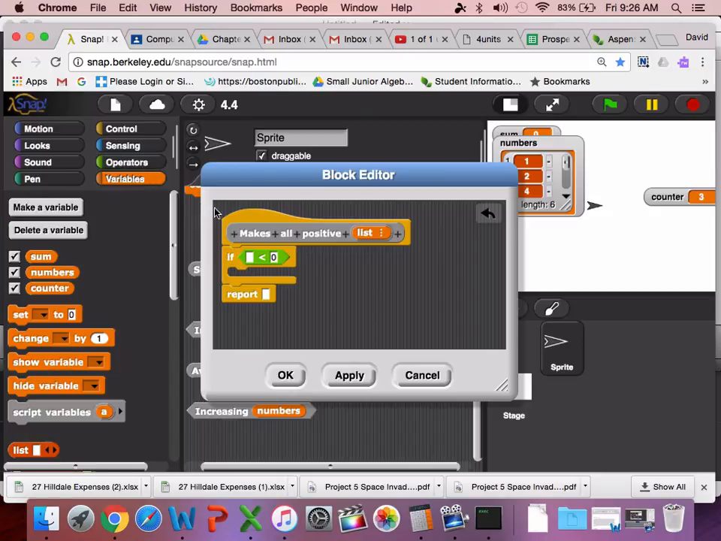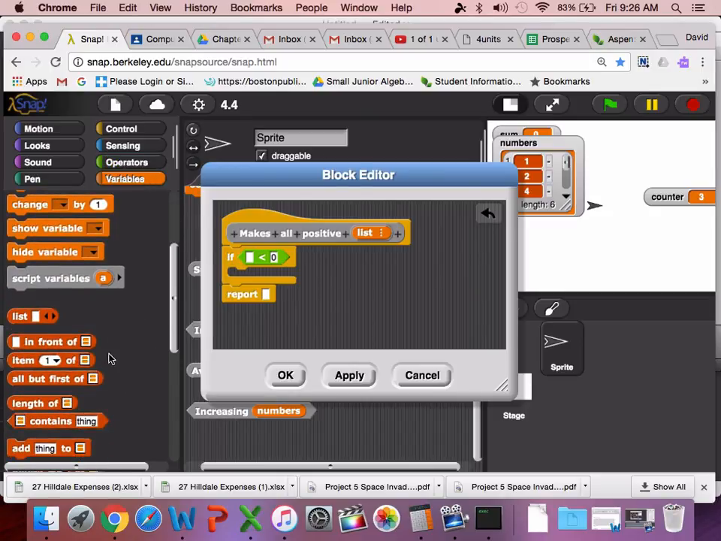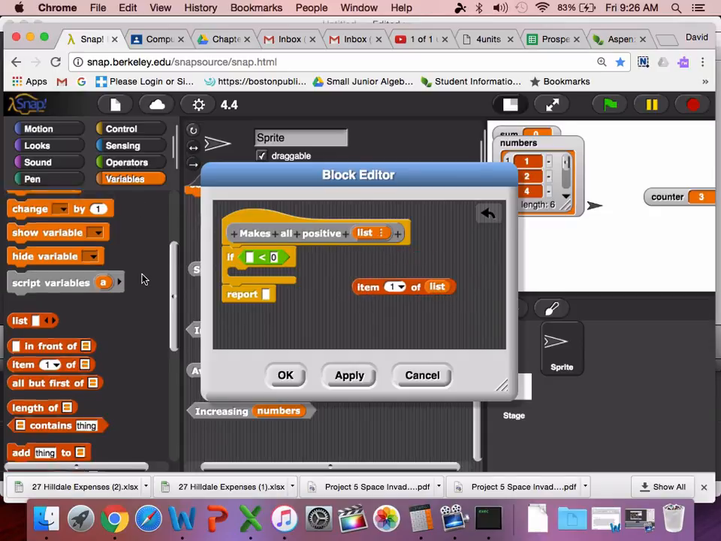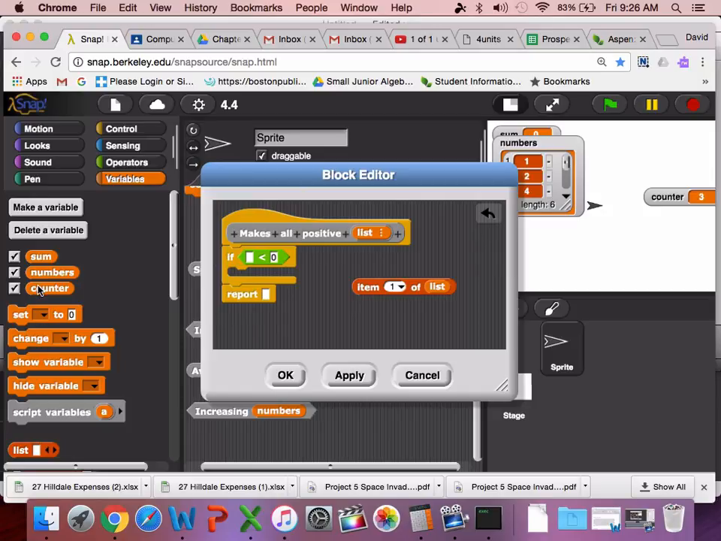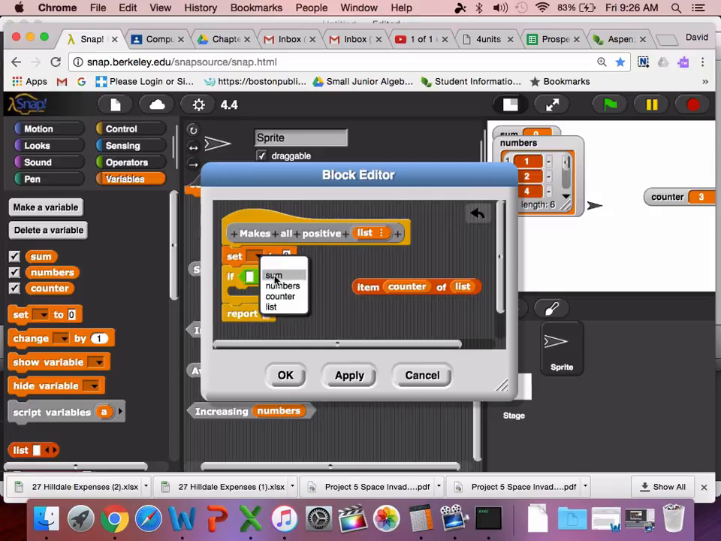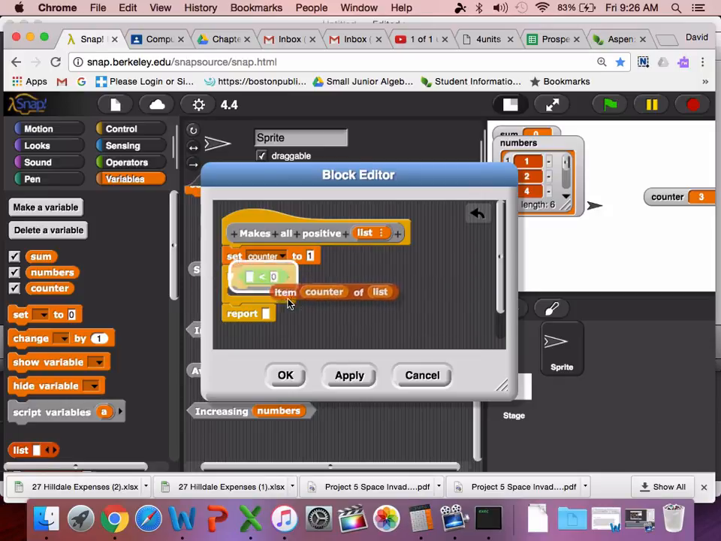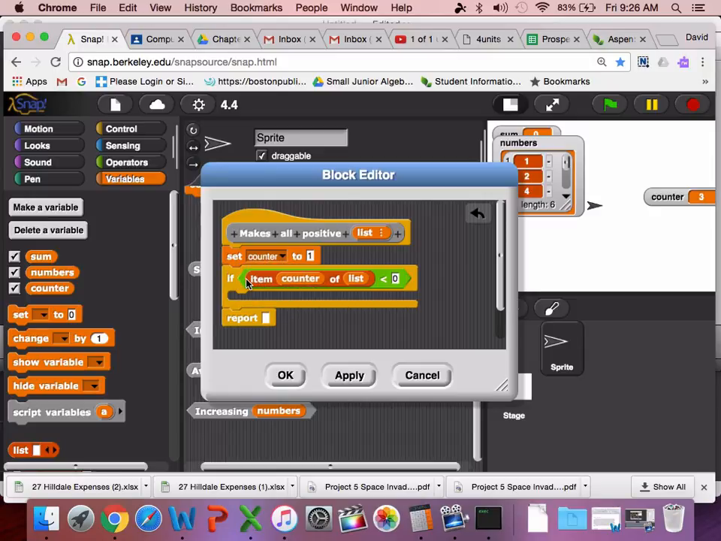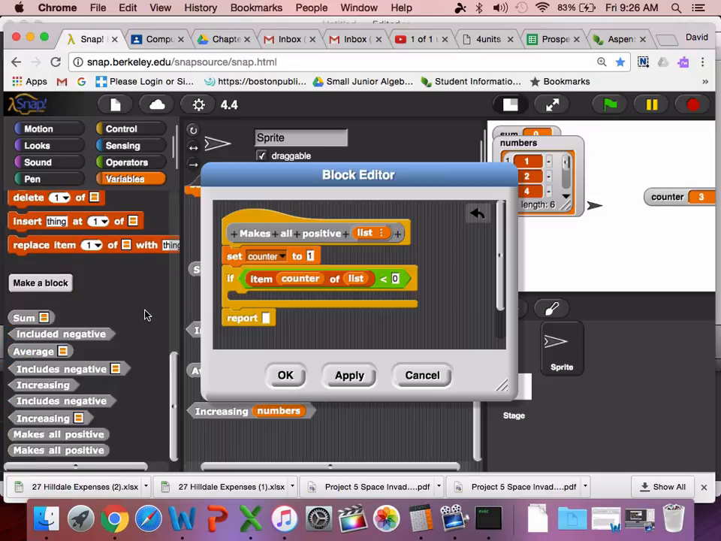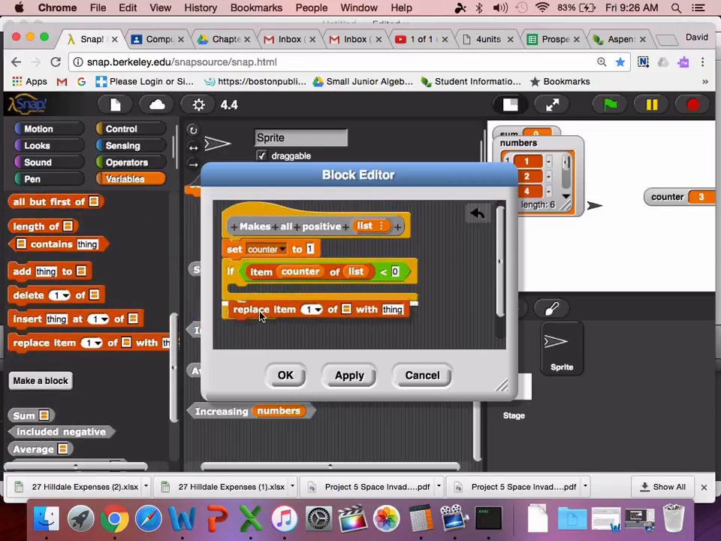So if the item number of list is less than 0, and actually let's get a counter again. We're going to set counter to 1. And if the counter of list is less than 0, then I want to replace it. There's actually a replace command or a block. Replace item counter of list